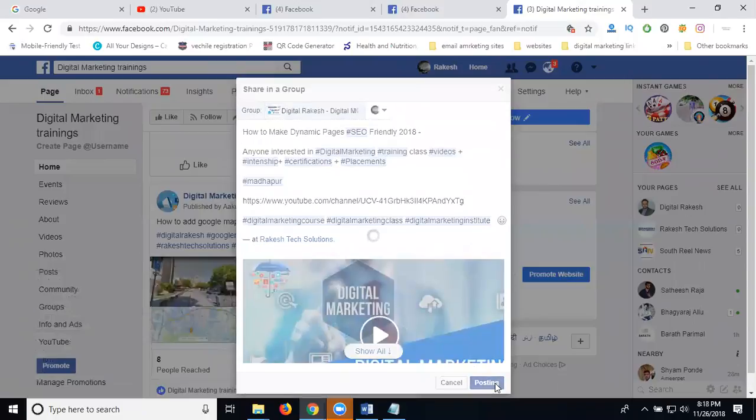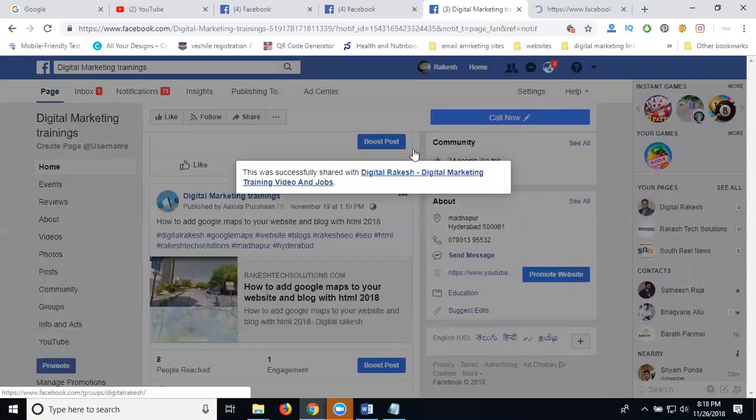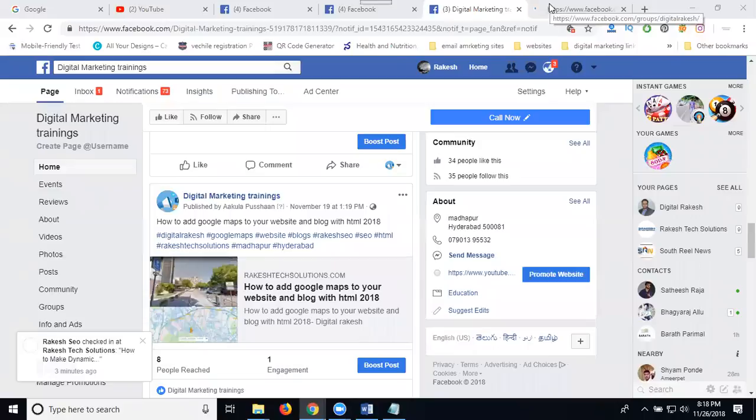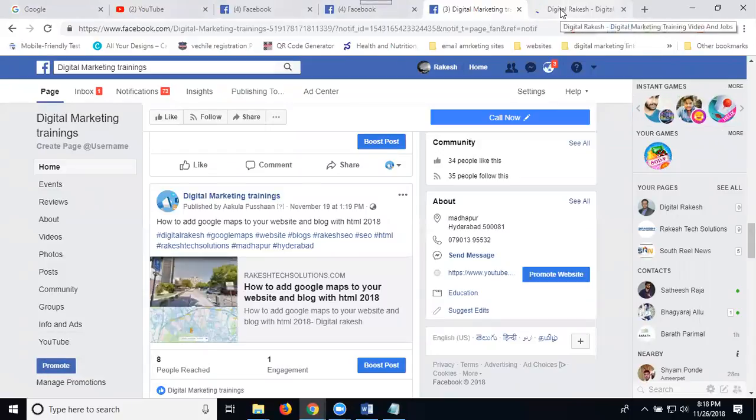After posting, I show the content. It will be visible to the people. So I can go to the group. So I can open a group here. When sharing to any groups, how is your content visible? Here, 3 advantages will be there. One is that video views will increase. Second, channel views increase. Third, likes will increase. Just loading your group. Wait for a second.